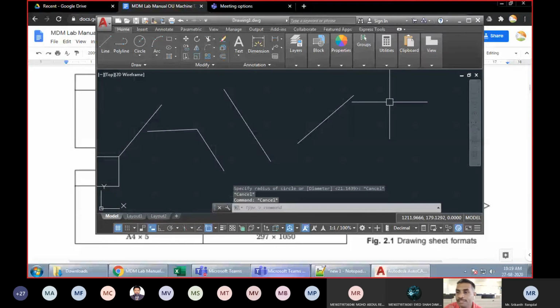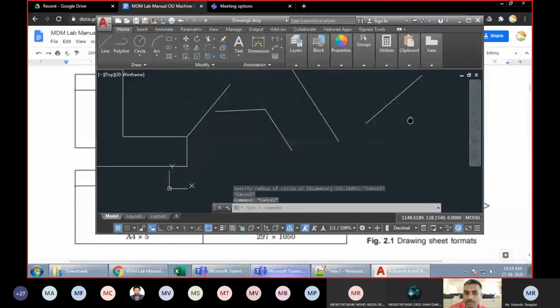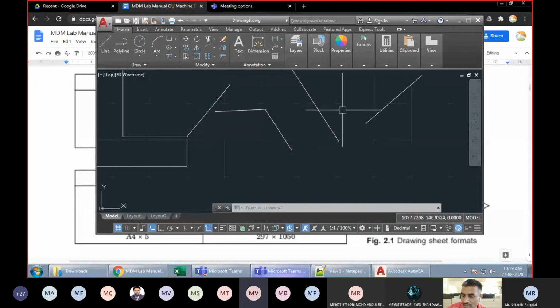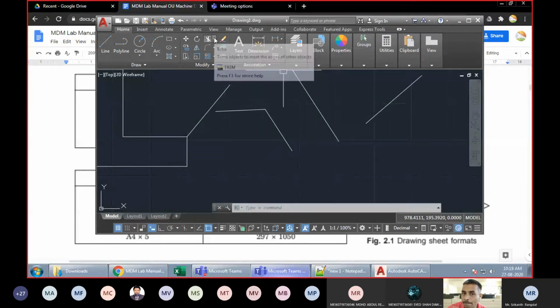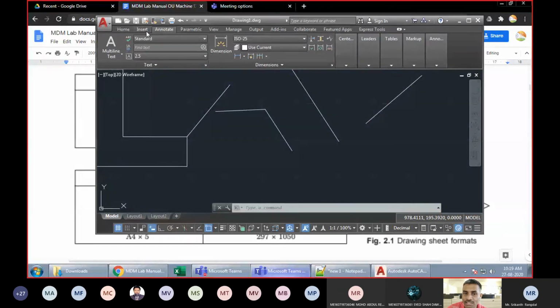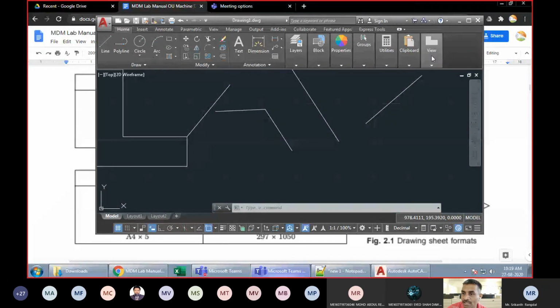So we will stop this class over here. Just to give you a rewind, what we learned in today's class was the graphical user interface. This is the graphical user interface of the software. We have the ribbon, and each ribbon has different groups of commands listed within it. At the bottommost, we have the status bar, and the status bar has drawing aids available to us.